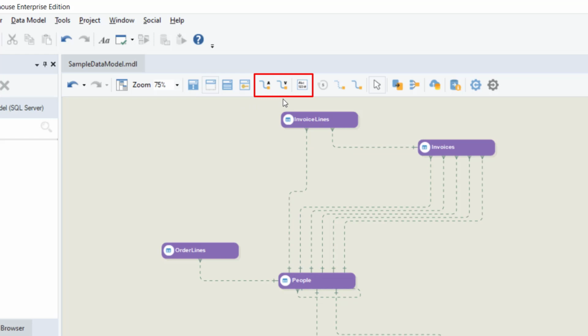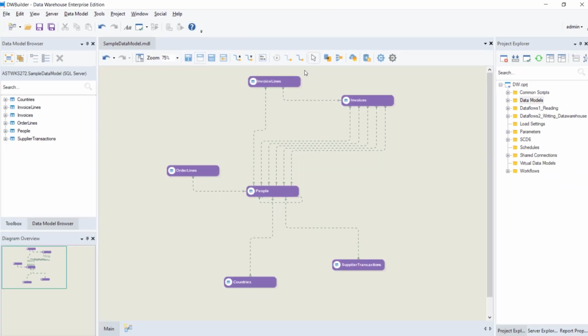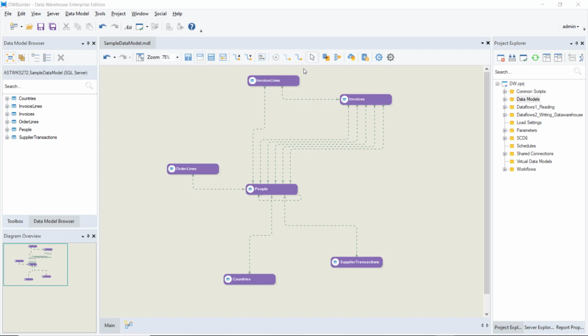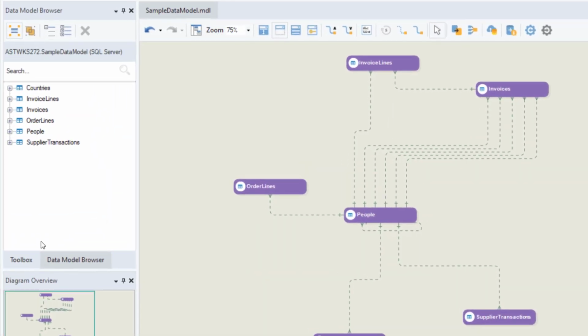You can choose whether to display verb labels, alias labels, or data types. Other than this, the toolbar also contains shortcuts for you to create relationships, infer relationships from field names, denormalize entities, deploy a model, change the database connection, and finally, icons for reverse engineering and forward engineering. Now that we've taken a look at the toolbar, let's head towards the data model toolbox.